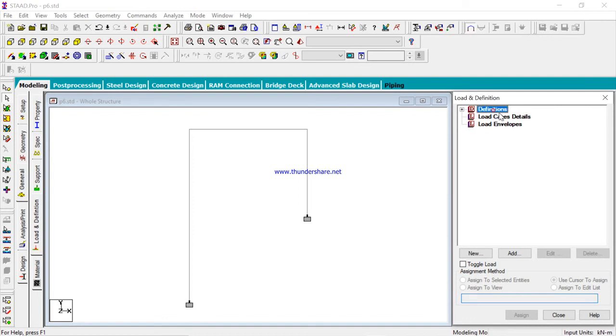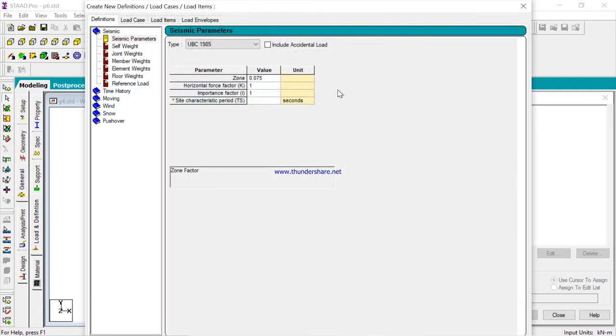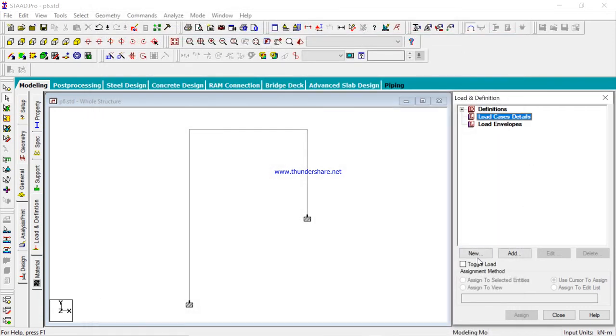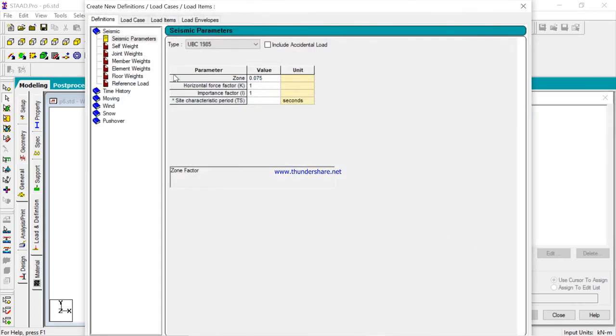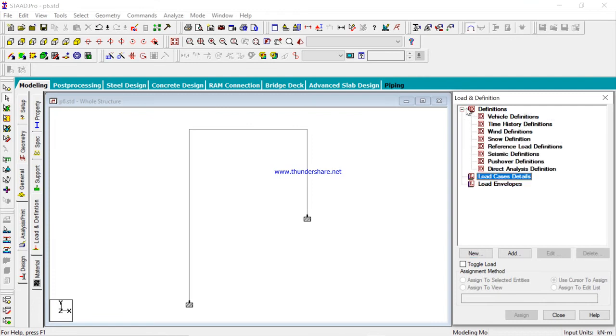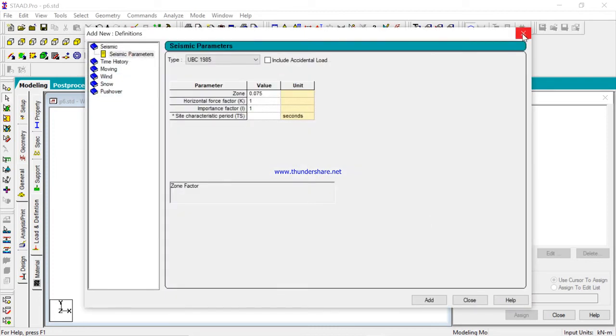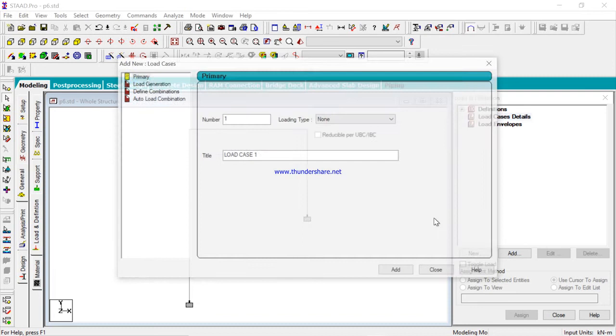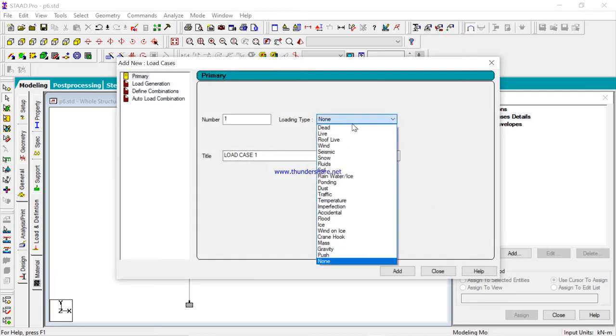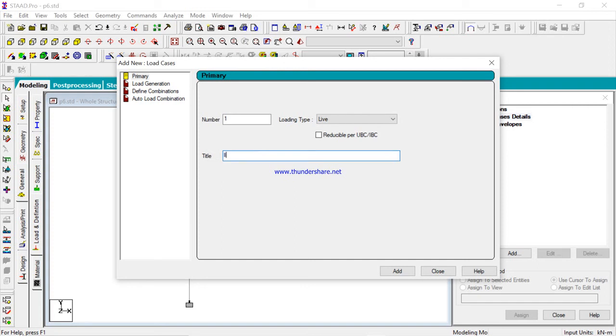Under definitions go to new load case detail. Add a load case, and go to the live load. Here you will consider LL, live load number 1, case number 1, add and close.